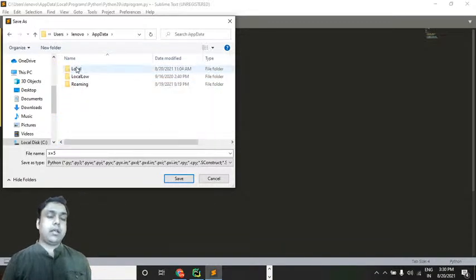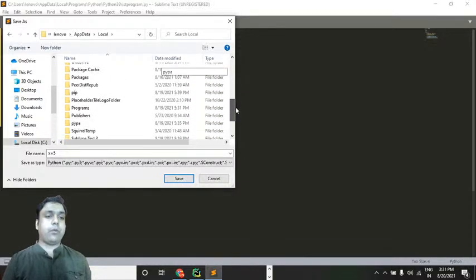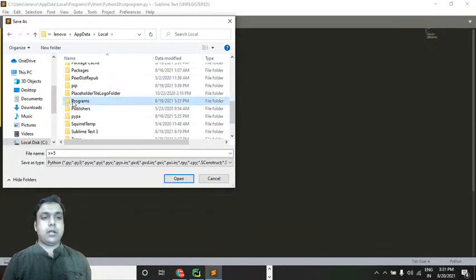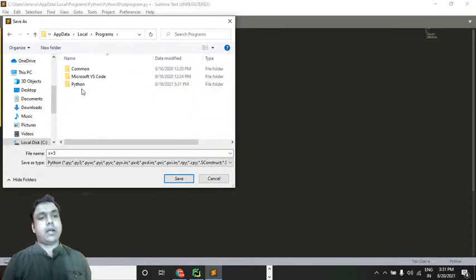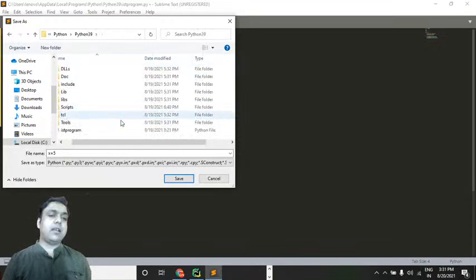Then you can visit this Local folder, and here you'll see the Programs folder right in the bottom somewhere. Visit this Programs folder, and there you'll see this Python folder. Then that's the Python 39 I was talking about. Click this Python 39 and save the program over here. So I'm saving it with this name,